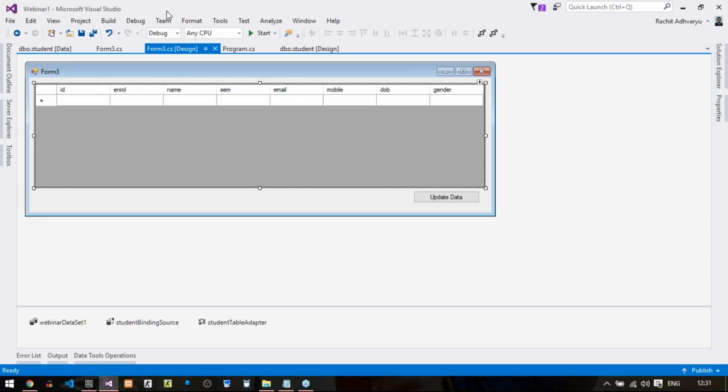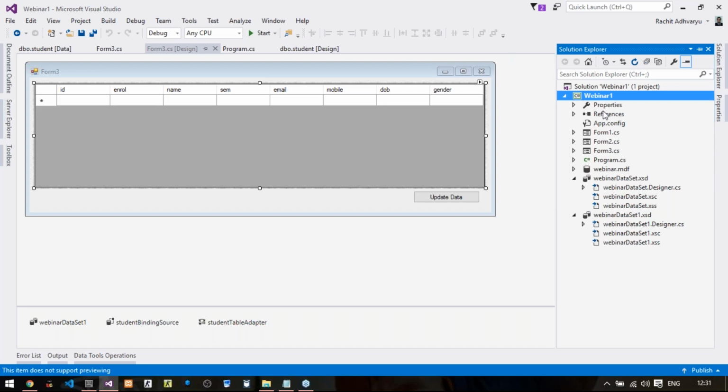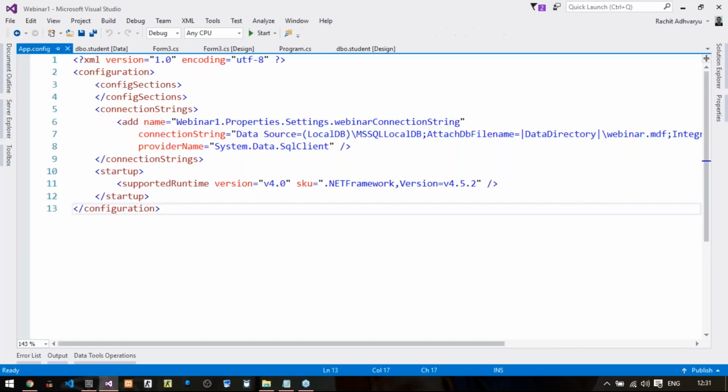So what we will do here is generate our own connection string, copy it and paste it here. We'll remove the connection timeout, it's not required. And save this file and close it. We'll try to execute one more time.